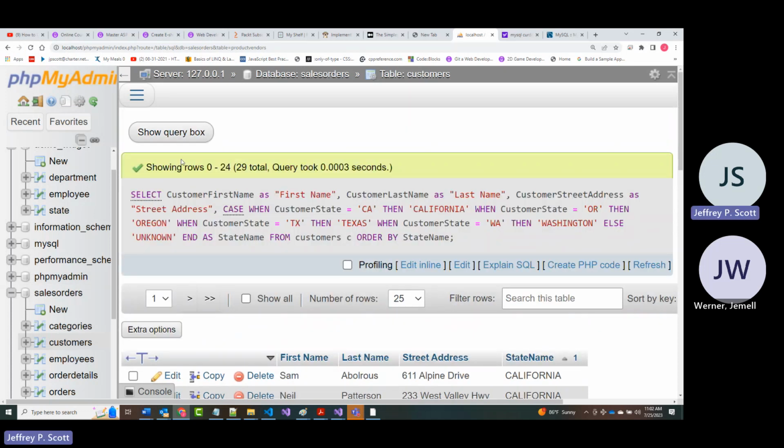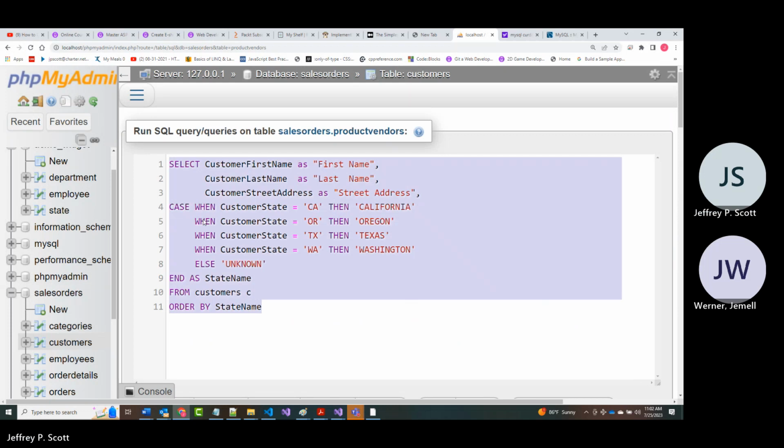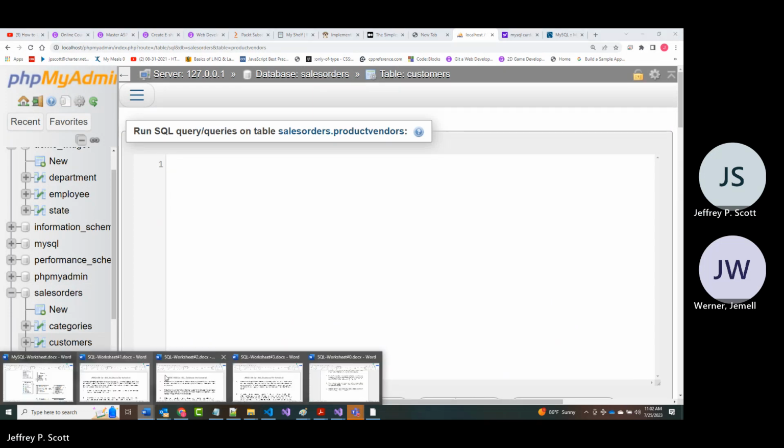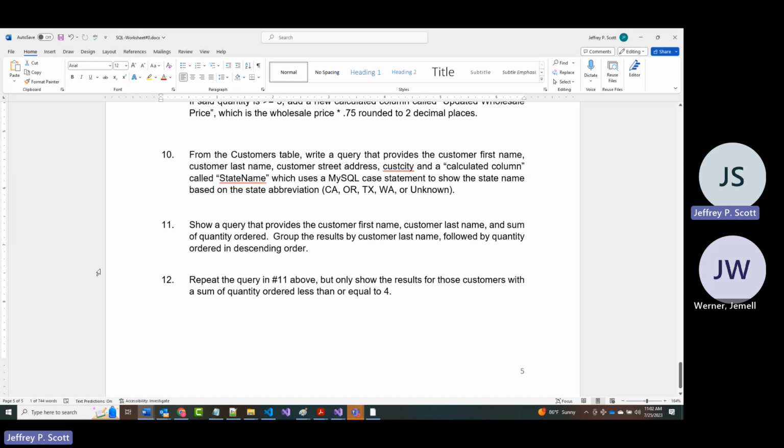And number 11. Show a query that provides the customer first name, customer last name, and the sum of quantity ordered. So many customers have more than one order. Using this grouping thing that we're about to put in there, it's a group by. It'll add up all the orders for customer one, all the orders for customer two, etc. And if you don't understand what I mean, all right,